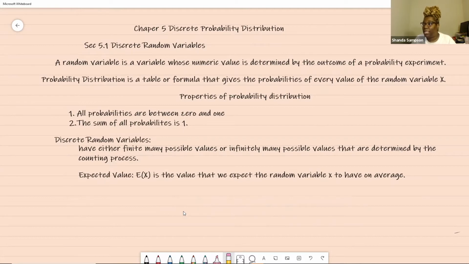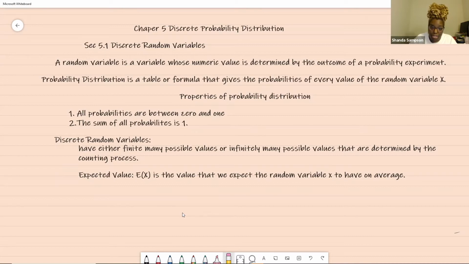But the good thing is that the expected value, when we're talking about average for a discrete random variable, is equal to the mean of the probability distribution. The expected value obviously is an average, so it's equal to the mean of the probability distribution. So let's write that down just to have it down. So the expected value